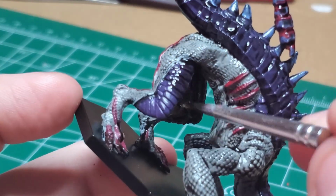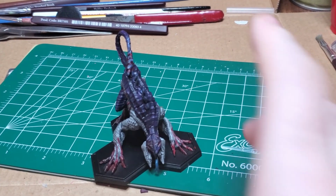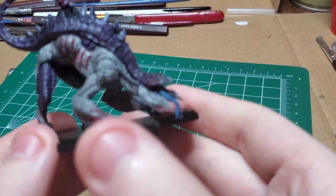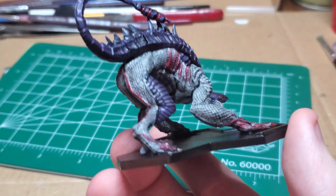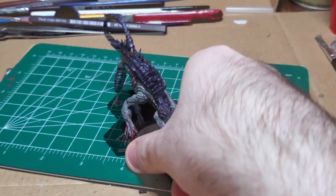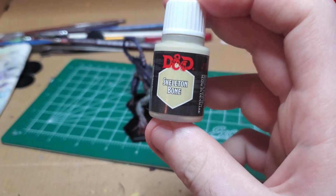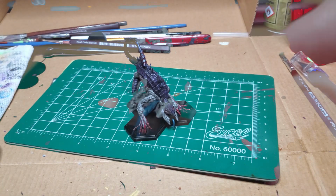The plates on its legs fill out nicely as well. After drying, you can see the effect. It kind of looks a little dirty or dusty. That's alright. I come back with a bit of skeleton bone to give the creature's teeth a bit of dental